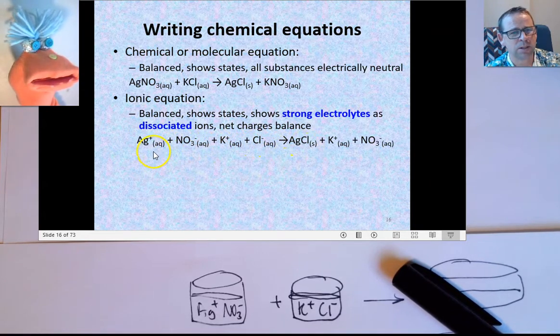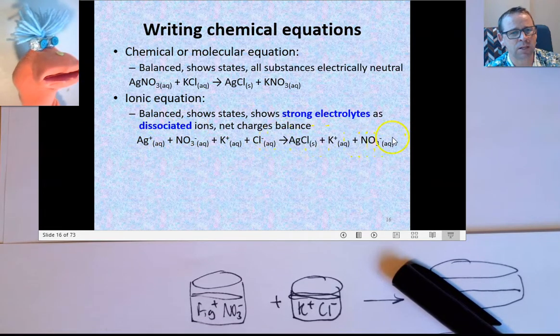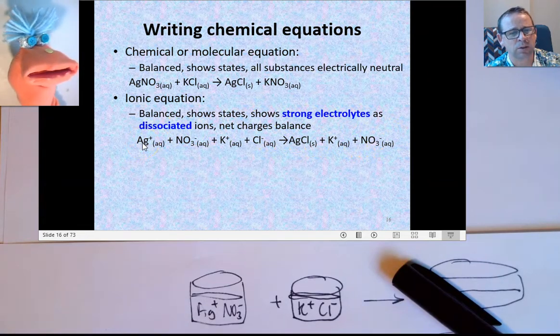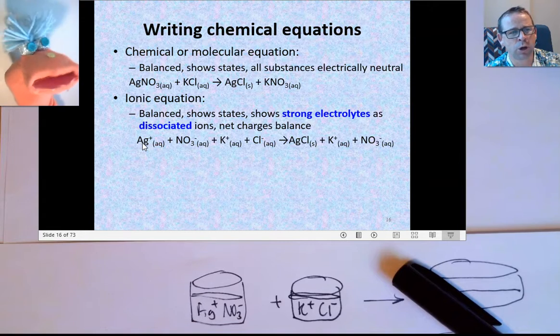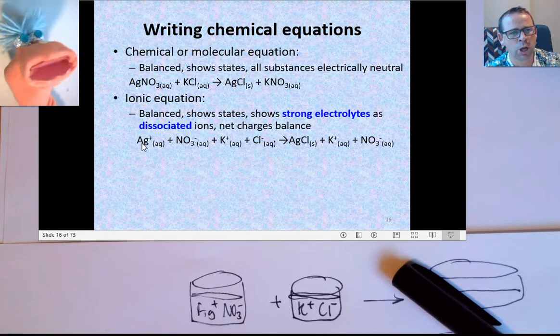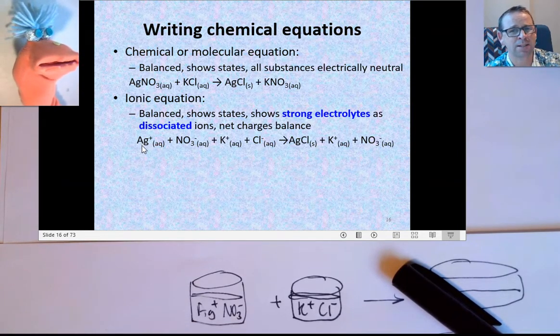Because as you see here, looking at the species on the left to those on the right, some things haven't changed, right? What two chemicals haven't changed? The potassium ion and the nitrate ion are exactly the same. That's right, they're exactly the same. So that means that